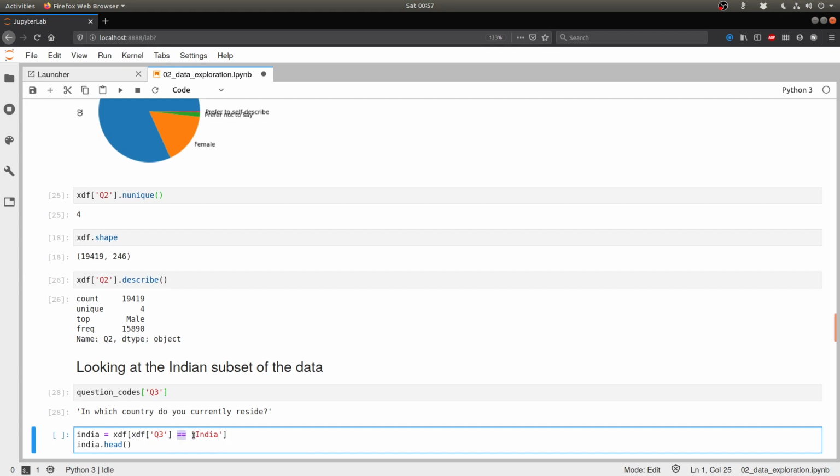We are going to compare it with the string India, and that's going to return a bunch of true and false values. And those true and false values are what we are going to use to pick the rows which correspond to Indian respondents out of the XDF data frame. And that subset of the data we are going to create into another variable which we'll just call India.